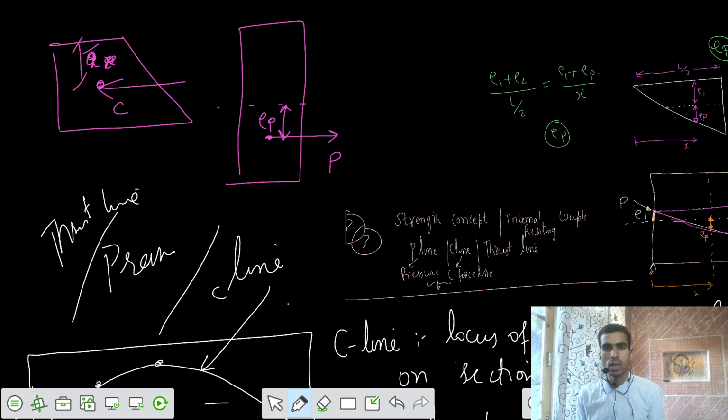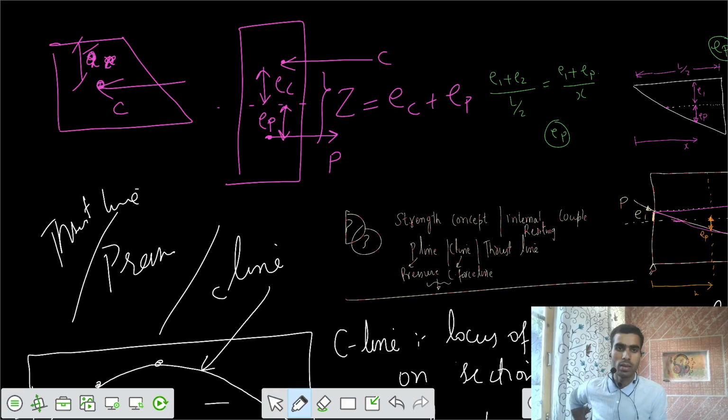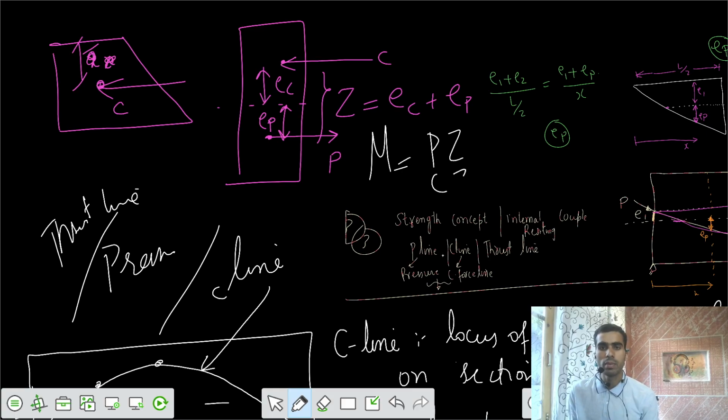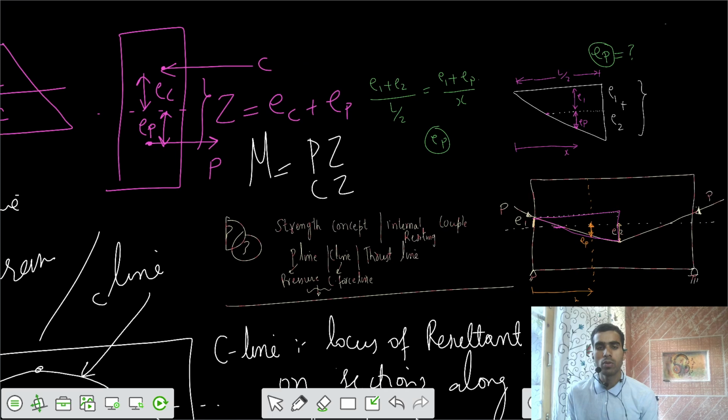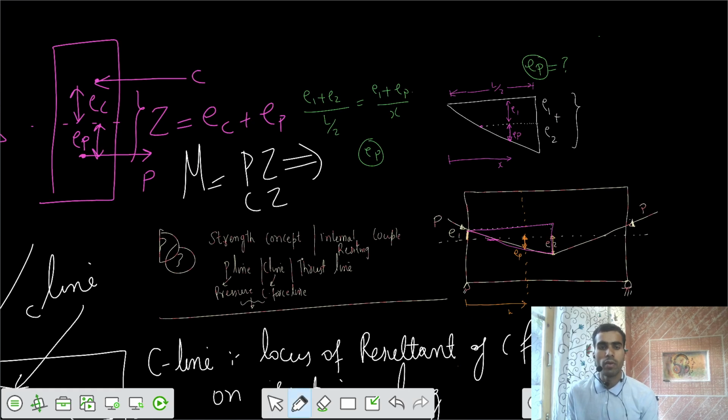Let's say the centroid is acting somewhere here, and we call this part the lever arm. This was equal to EC plus EP, where EC was equal to Z minus EP. Then we said the internal moment because of this couple is equal to P times Z, or C times Z, and we checked that this was the moment at that section